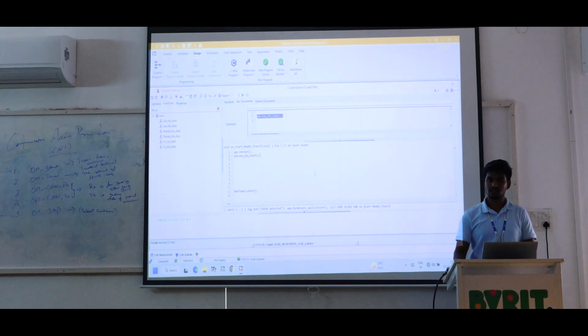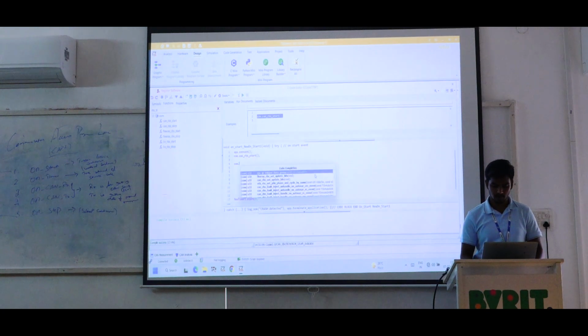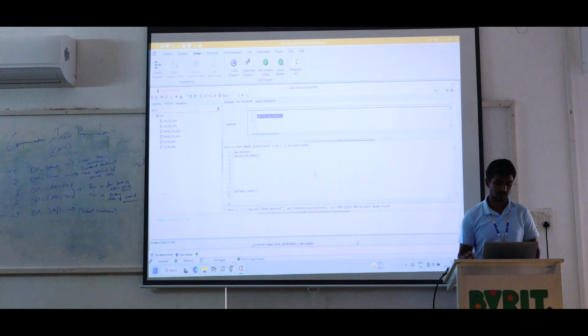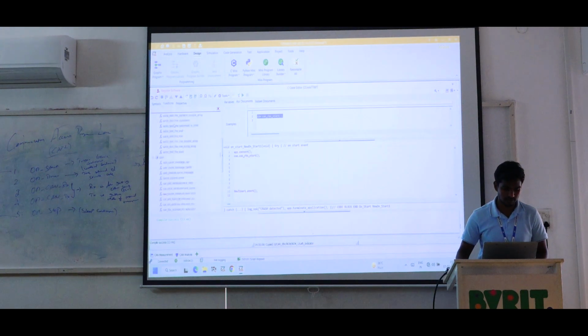Or else you can easily get it by typing com dot can underscore RBS underscore start. We need to type it manually, so instead of that you will get it by Go to function. If you are not using the filter,